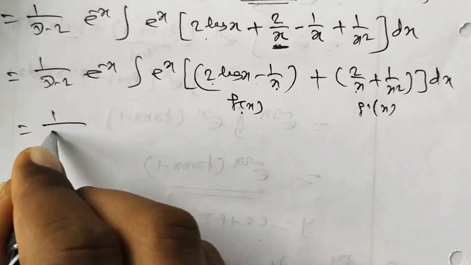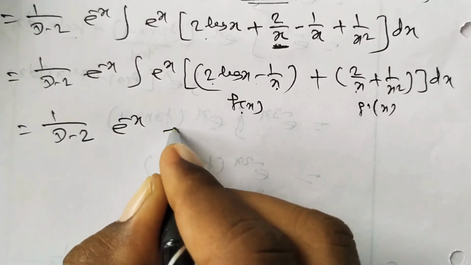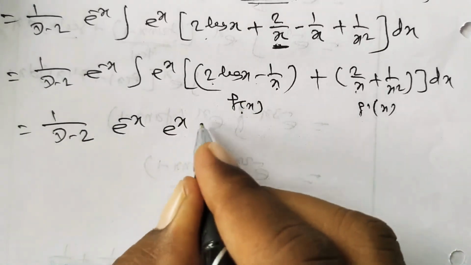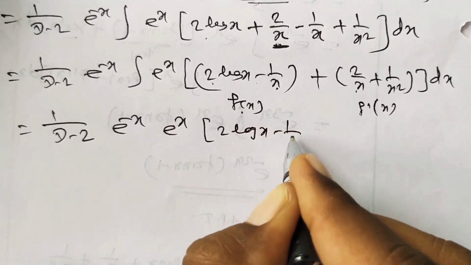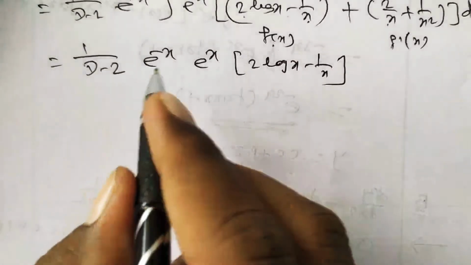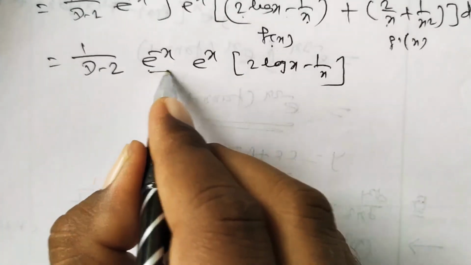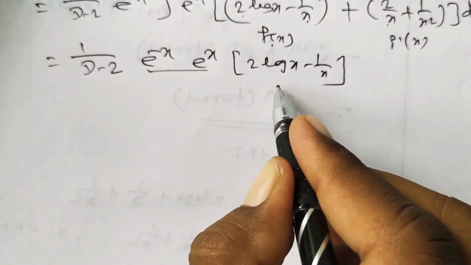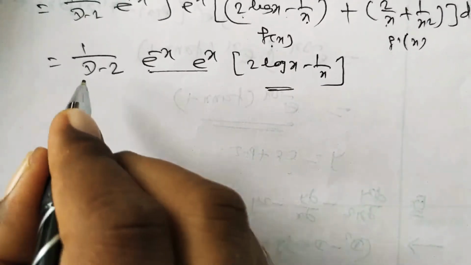So what is the integration? It is 1 upon D minus 2 into e raised to minus x into the integration, which is e raised to x into f of x, that is 2 log x minus 1 by x. So this e raised to x and e raised to minus x, that is e raised to 0. E raised to 0 is 1, means this term is 1. So only this function remains, and consider this function as f of x, and again use the formula 1